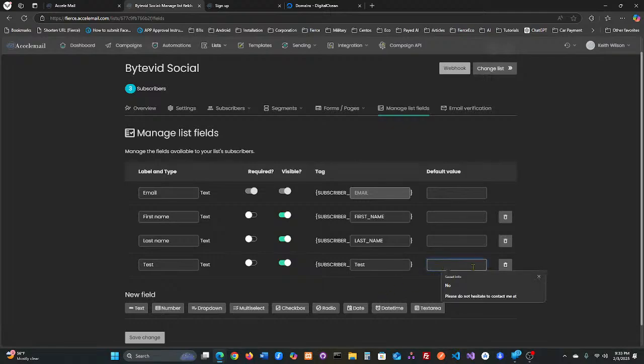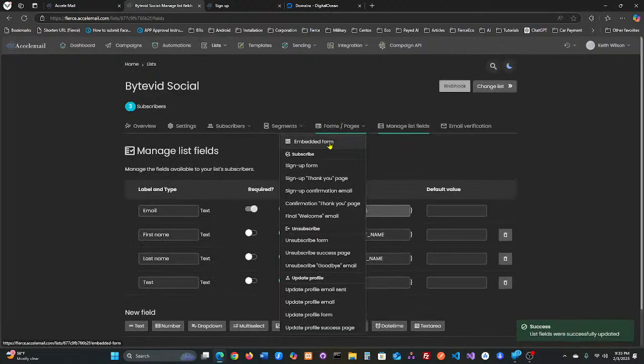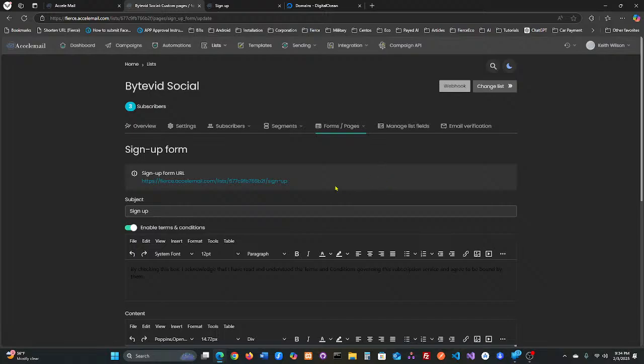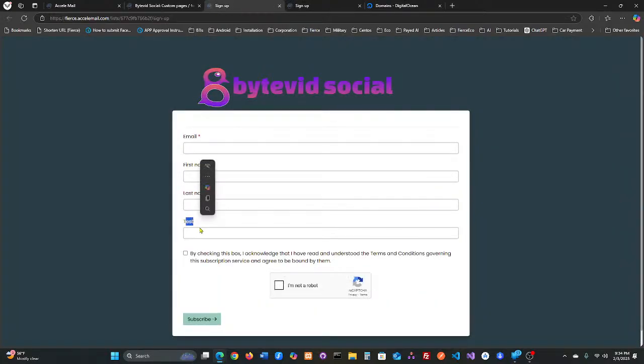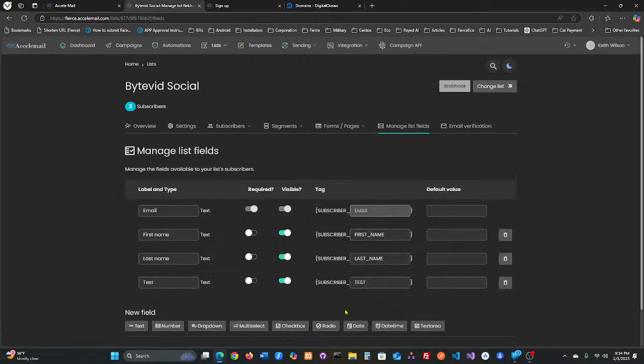And then you can fill out the default value. So once you save those changes, now you can go back to your sign up form, and you can actually see that it is there. So there it is right there. So that information there. So now that we have that test managed field,